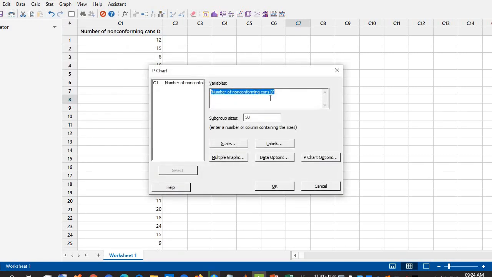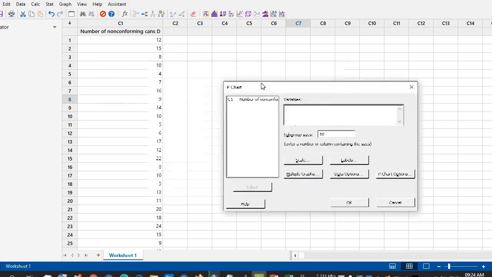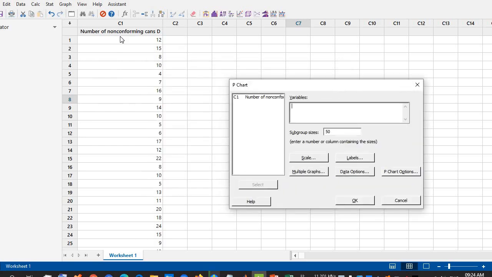Here you have to select the variable, and the variable is number of non-conforming, so I simply double click here. Subgroup size 50 is given in the question, so we write 50, then simply click OK.